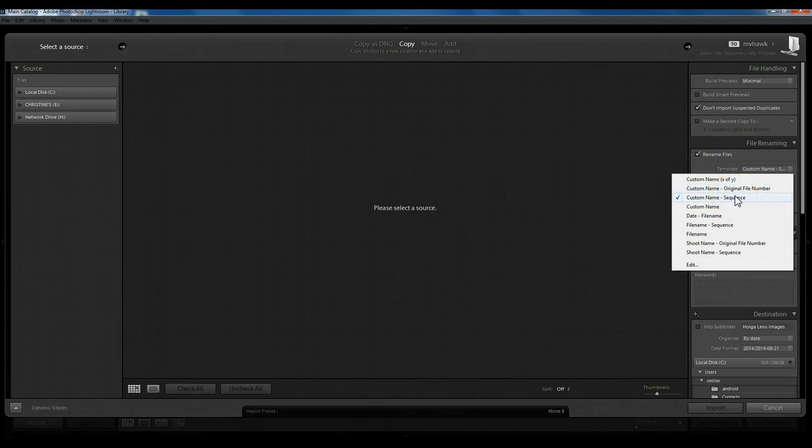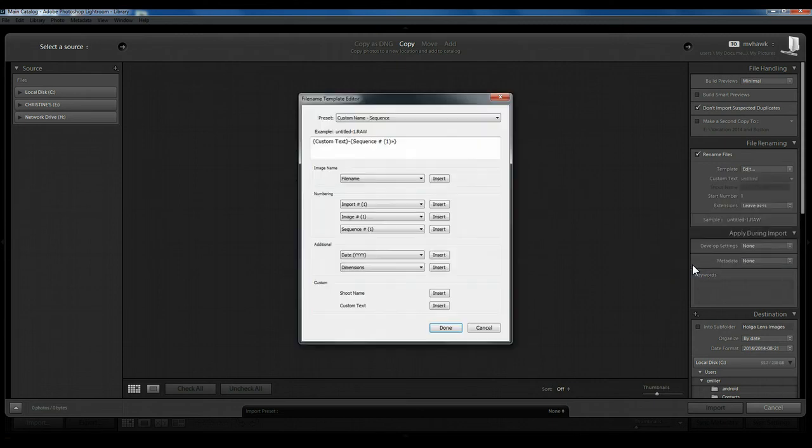Create a custom name and sequence. That's one that I kind of like. Also date and file name. And that one's kind of nice because it's going to give you an actual date applied to the file. And if you wanted to, you can also click on the edit here and you can create any kinds of